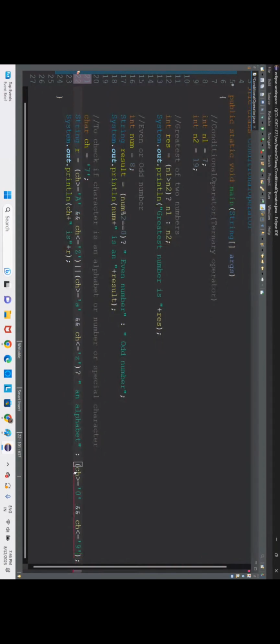What is that condition? If the character is greater than or equal to the character 0, and if the character is less than or equal to the character 9, question mark. If this condition is true, then we can tell that the character is a number. In case if the character is not a number, colon,